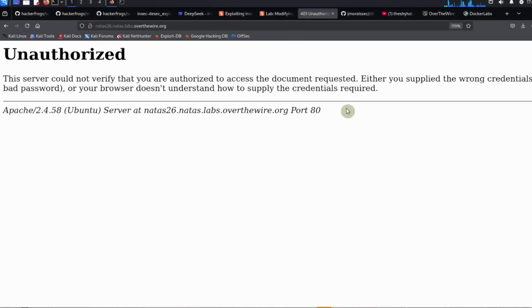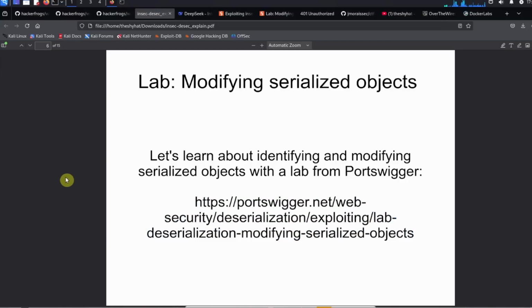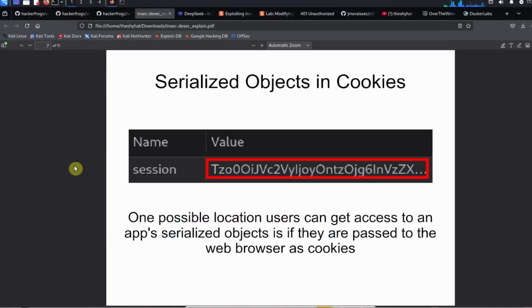The next challenge we're going to do is to learn more about insecure deserialization. Okay, so in this level, we talked about serialized objects and cookies. One possible location where users can get access to an app's serialized objects is if they're passed to the